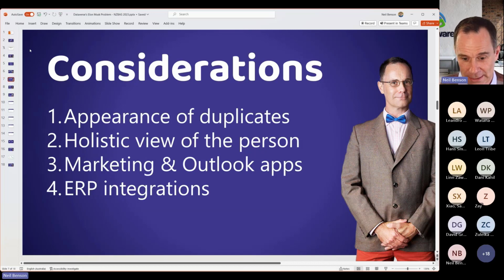Then we have to think of some of the first-party apps that integrate with Dataverse, Dynamics 365 customer insights journeys, for example, and other third-party marketing applications rely on a data model today. They're based on a contact record and sometimes a lead record. If we were to change our use of Dataverse and be a little bit more creative with it, what kind of problems would we cause for customer insights journeys or click dimensions or on target or some of those other marketing applications?